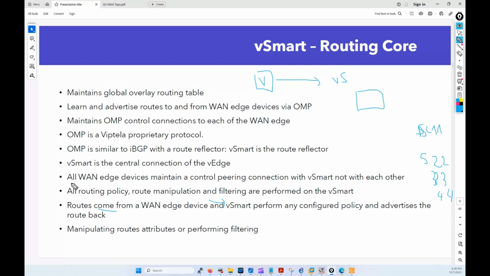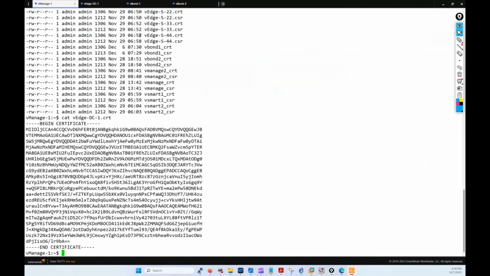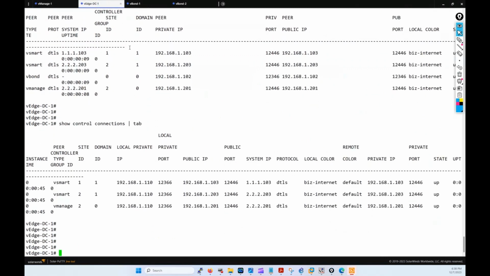vSmart is also where we can manipulate route attributes and perform filtering. So let me show a couple of route attributes that we have on the OMP routes. If I go to DC1, if we check the show IP route first,